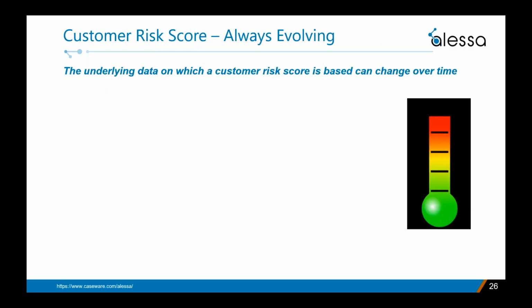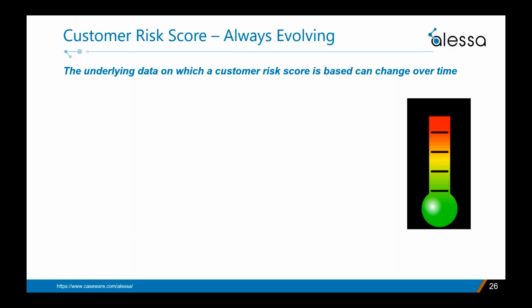Now, I've been emphasizing throughout this presentation how it's so important that customer risk scores be dynamic, meaning they can and most likely should change over time as you develop experience with each customer. And this is because any customer risk score at the outset of the relationship is never going to be perfect. It's an assessment based on objective data and predictions of account activity.